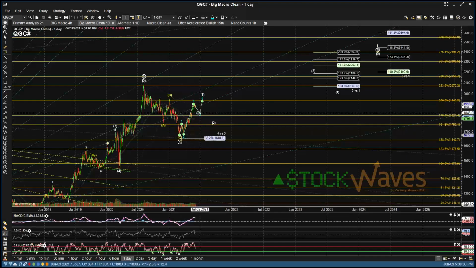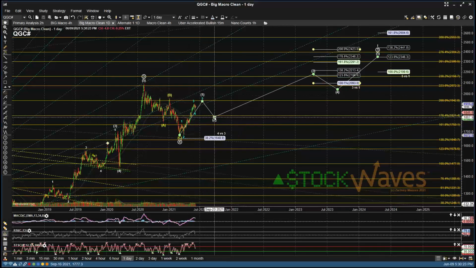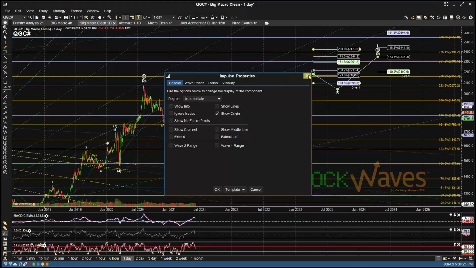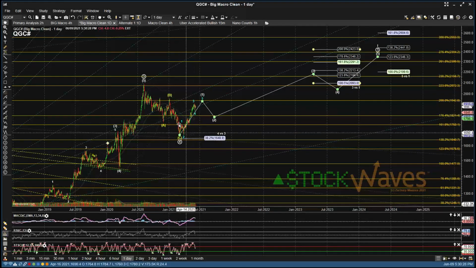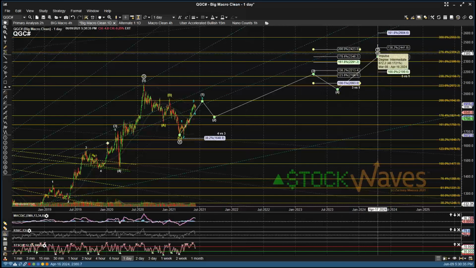We held a minimal retrace for a fourth, and have a pretty decent looking move off of the June 3rd low so far that we can zoom in on, but we have 5 waves up. And so ideally that's the 1 and wave 2 start to this 5 of 1. Then we're going to be looking for a consolidation as a larger intermediate degree wave 2 after we have 5 waves up complete. And then a longer term swing move up as the 3, 4, 5 of that primary wave 5,